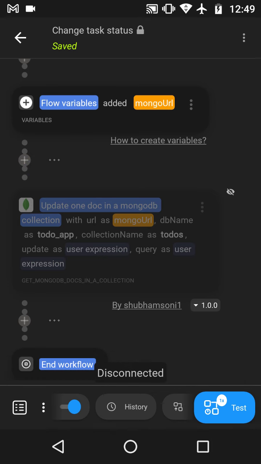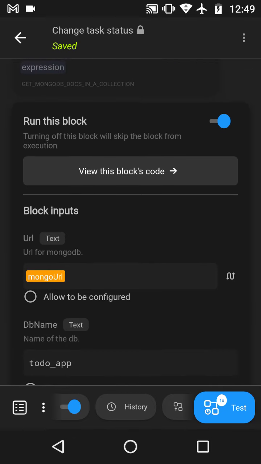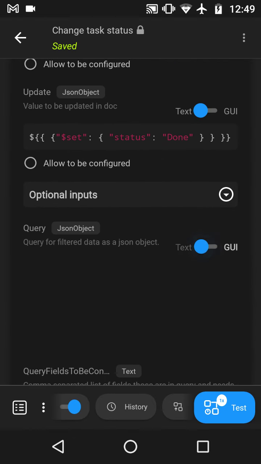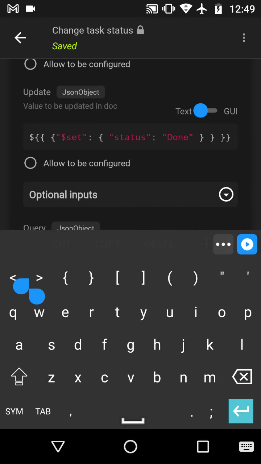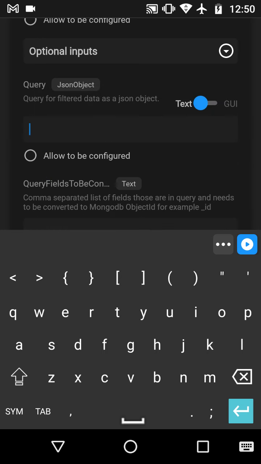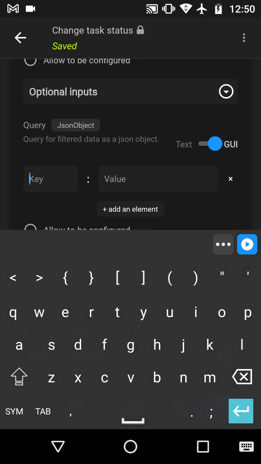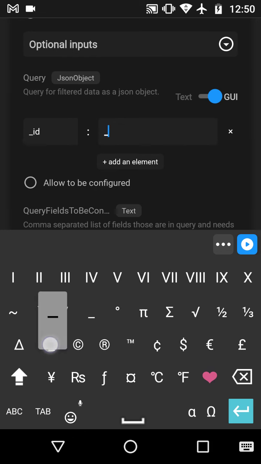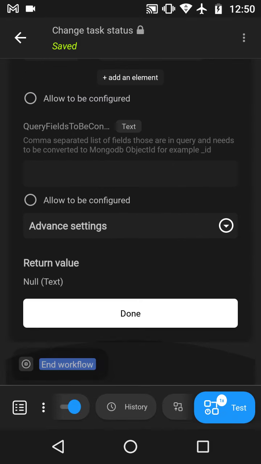So let's go ahead, turn on our block to update the document, and in optional inputs I'm going to use GUI mode over here. So let's make this empty and use GUI mode. Add an element. The key is ID and the value is the ID that's coming from the webhook that we have sent from another flow.